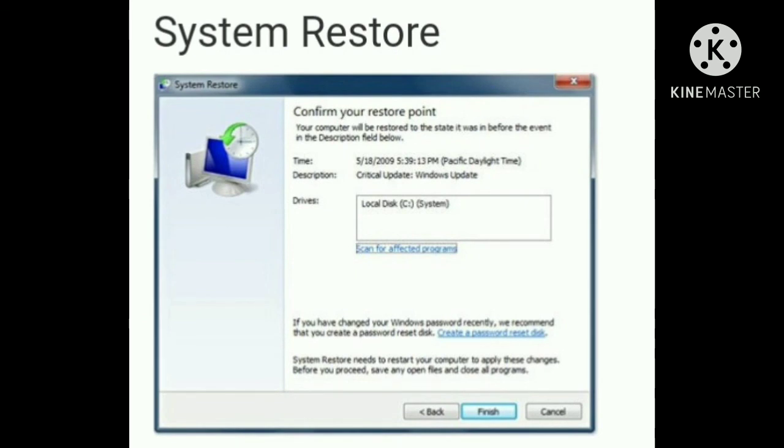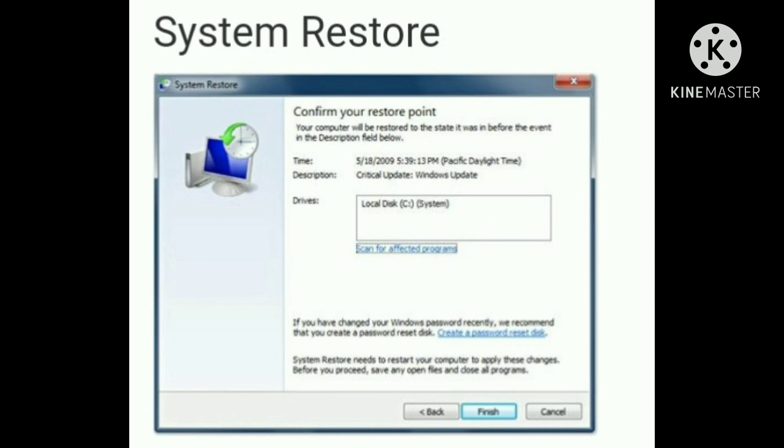System restore. System restore is a feature of Windows that allows you to roll back the system to the same configuration it had at an earlier time. If this feature is turned on, which it is by default, Windows will take periodic snapshots, called restore points, of your installation. You can use the information gathered in these snapshots to restore your system to a previous configuration.